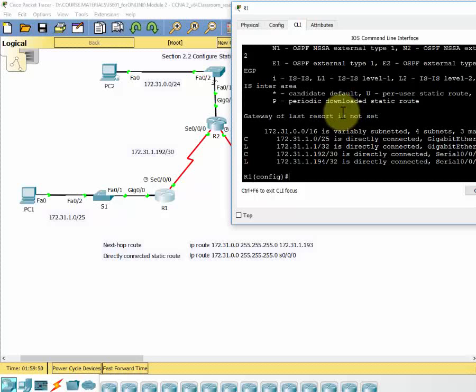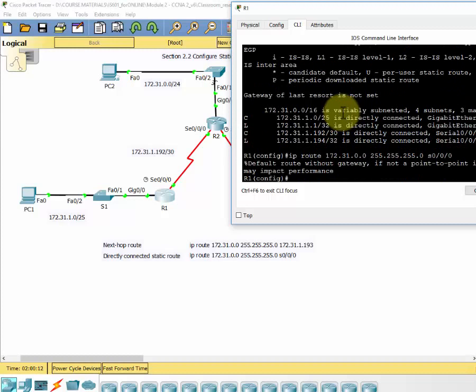We go ip route 172.31.0.0. That's our destination. Subnet mask is 255.255.255.0, and we specify the next hop exit interface, which is S0/0/0, and hit enter. Notice that there's a message that comes up here saying default route without gateway, and if not a point-to-point interface, may impact performance. Now